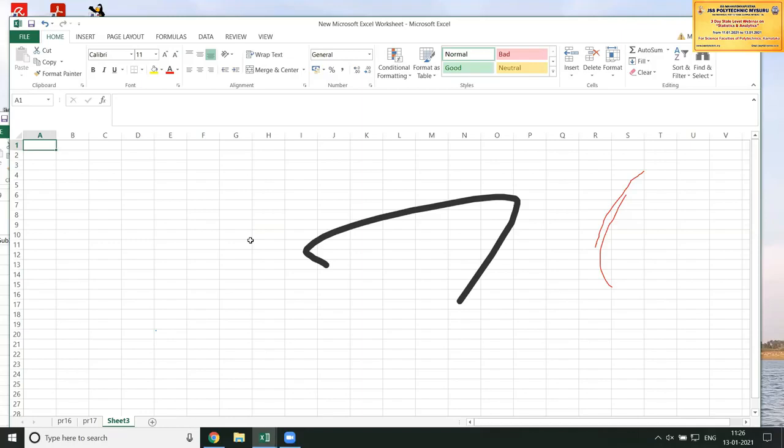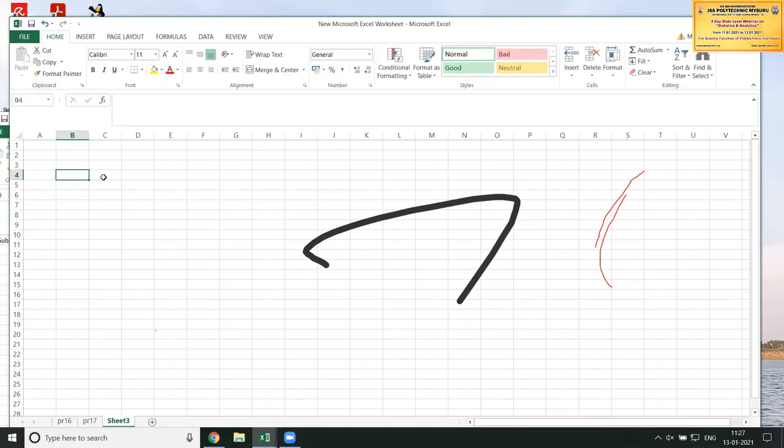So here they've asked you to generate random values. For those random values, you have to calculate the skewness and kurtosis values.